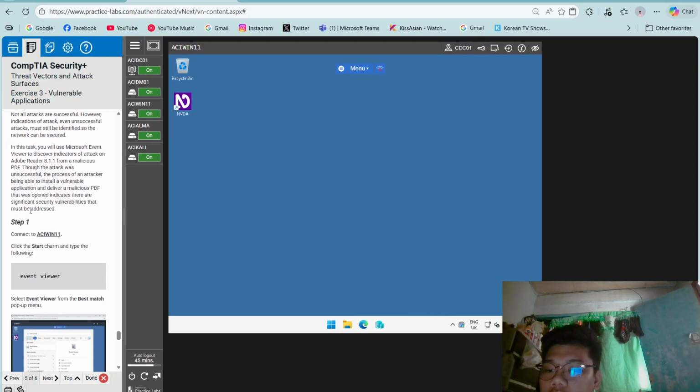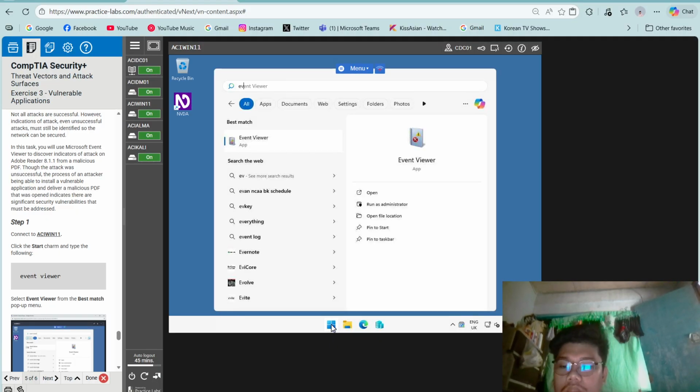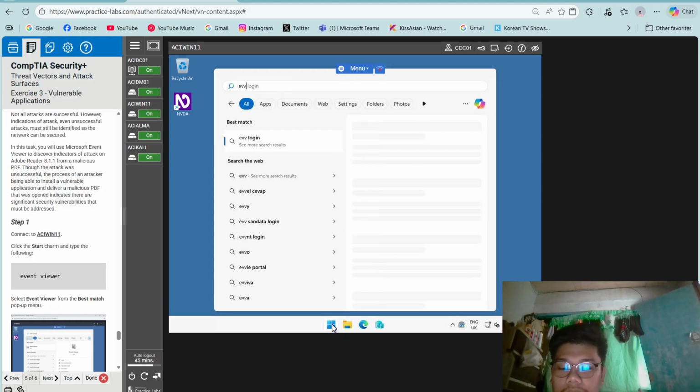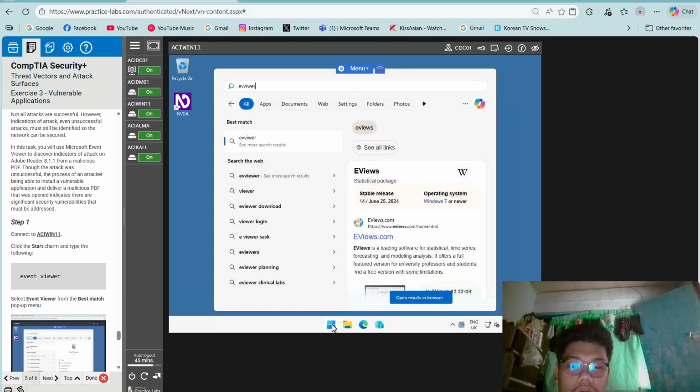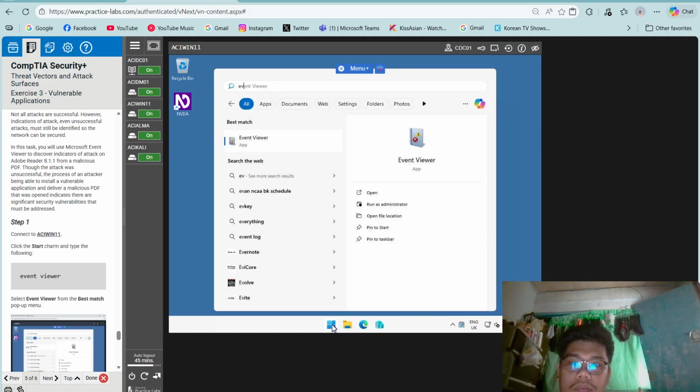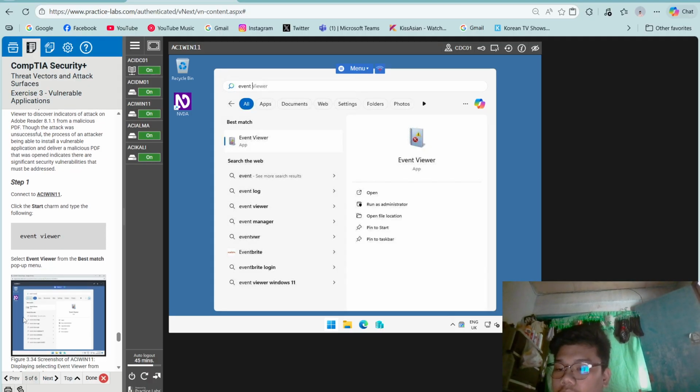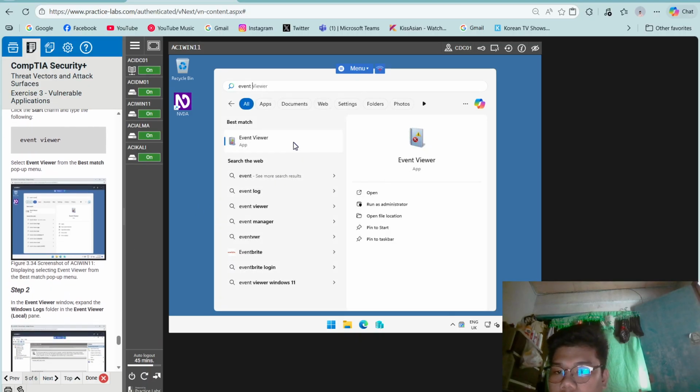Observe indicators of attack. So on ACWIN, click start and then type event viewer. So click this.